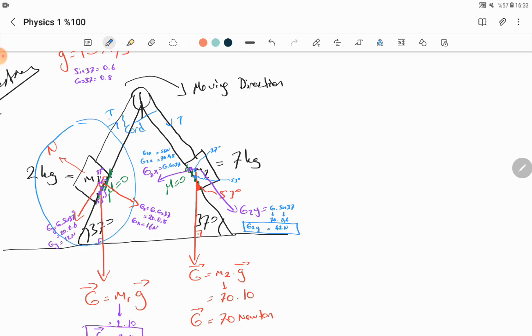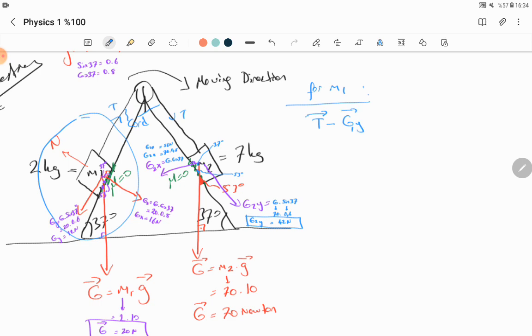On the cord there occurs T, the tension force, and if we firstly look at one object, for M1, the T tension force is bigger than the G1 y projection, and if we want to find the net forces, T minus G1 y for the first object, and we can find here the net force for M1,